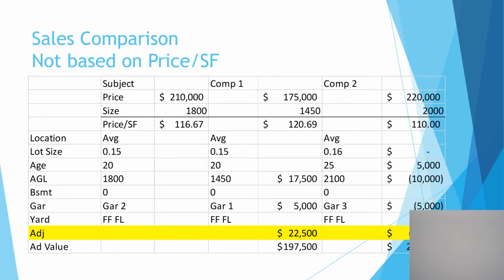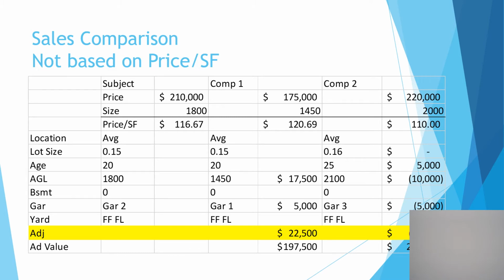I don't know an appraiser alive who hasn't had someone contest their appraisal results because of comparable sales being offered based on a sales price per square foot. Let's take a look at this exhibit that helps to understand the problems with solely looking at the sales price per square foot. You have a property that is the subject that is selling for $210,000, and the sales price is $116.67 per square foot. Comp 1 is selling for $175,000, 1,450 square feet, and is